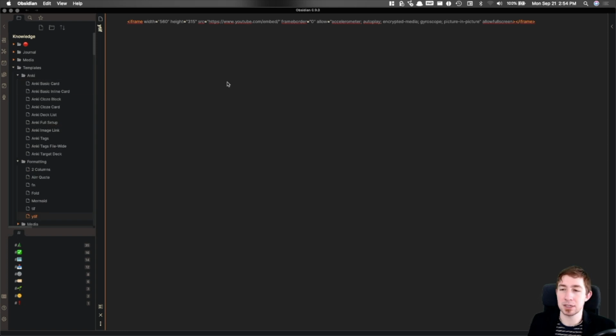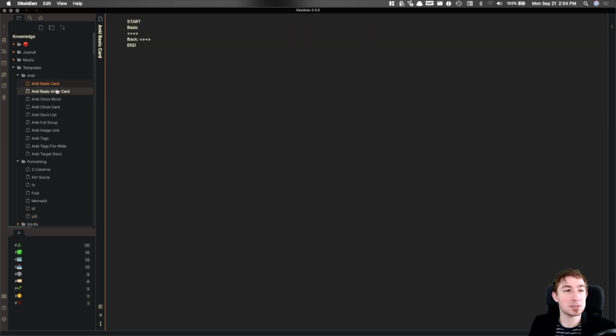And one really cool thing is that there's this really amazing tool that somebody in the Discord server or in the Obsidian community made that basically will let you use your Obsidian Vault and your Markdown notes as a way of defining Anki cards for the Anki spaced repetition software. And I'll make a whole video about that in the future, but basically I have these templates for making Anki cards, even cloze deletion, image support, audio file support, all that different type of stuff,